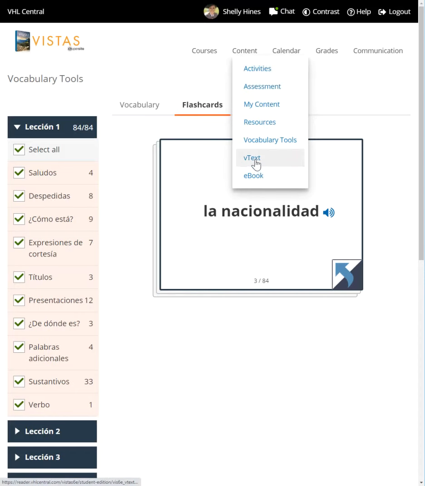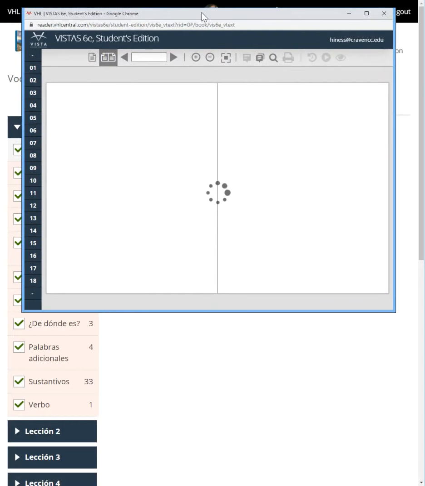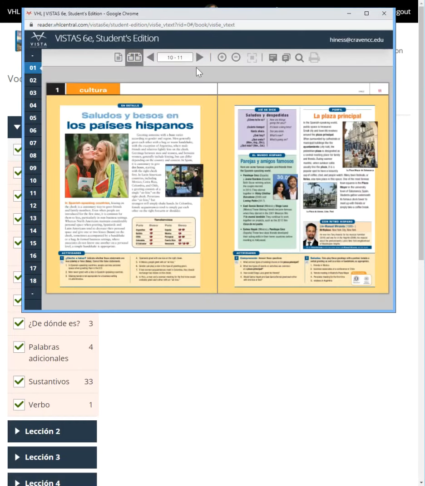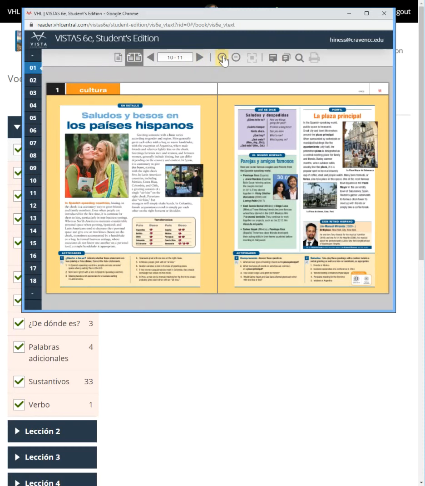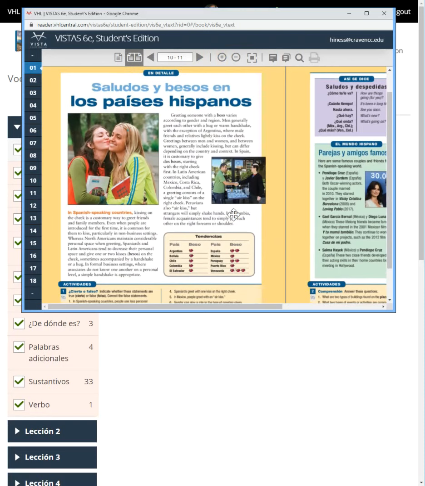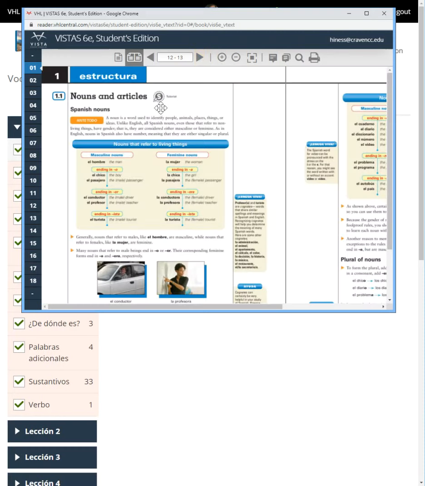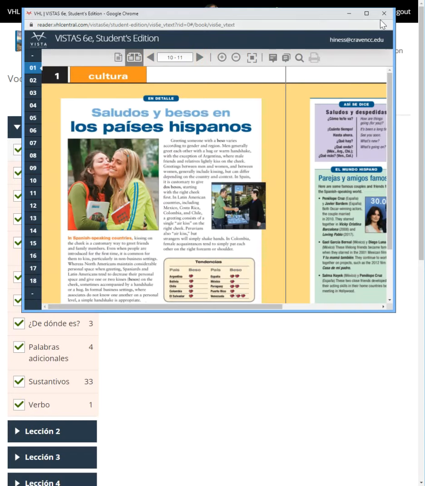The other one is the V-text. If you're taking this class completely online, then you have the option to purchase the physical book or not. If you only purchase the code, then you can still see the book through V-text. It's just that it doesn't look as good, maybe, reading it on screen as if you had it in person. Of course, I recommend having the book on hand so that you can read it and not always be looking at a screen. But if you did only purchase it, this would be how you would access the textbook virtually. And it has a table of contents, which makes it convenient.